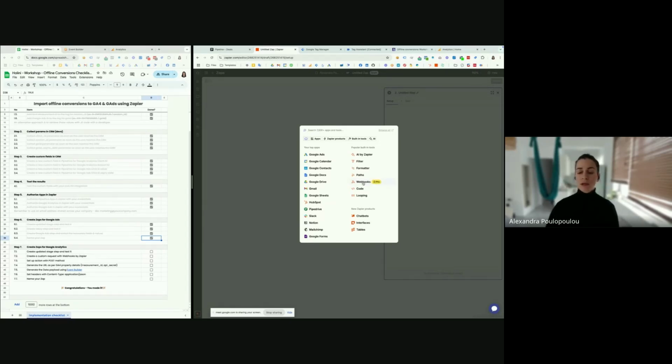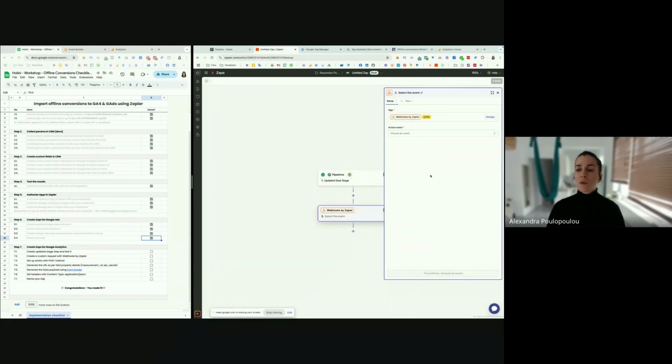You will see here a badge that webhooks are available for professional accounts. This means that you have to review the pricing pages of Zapier to evaluate the plan that suits your needs most. We will select the webhook, and also a custom request for the action event, and continue.